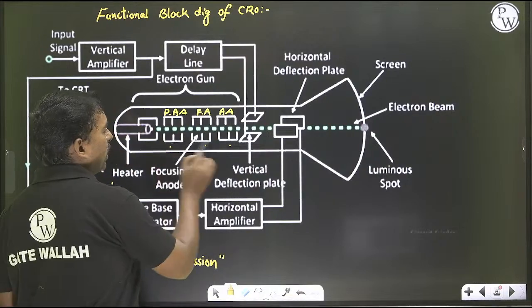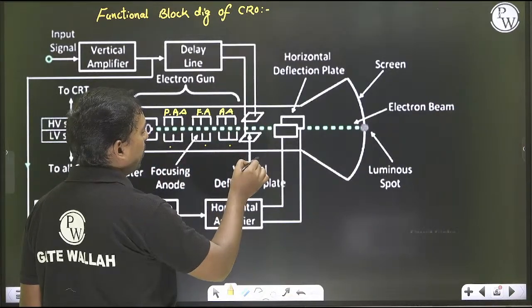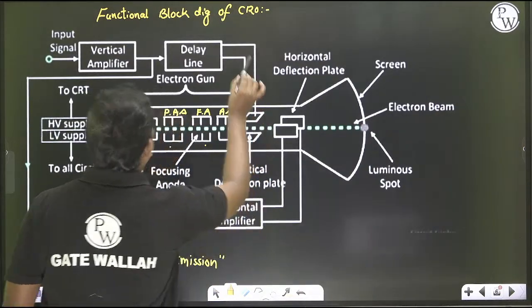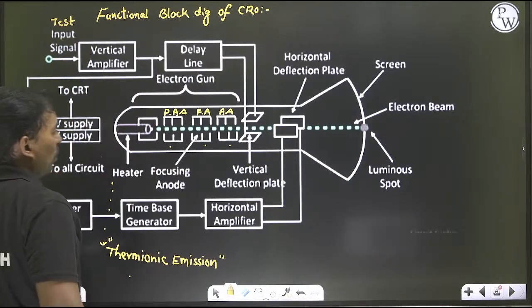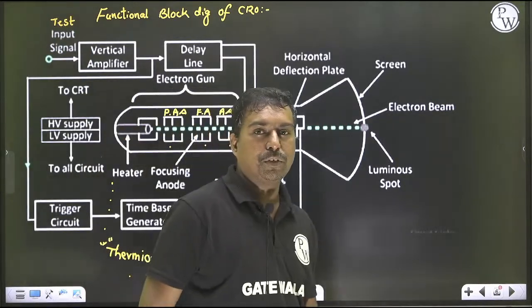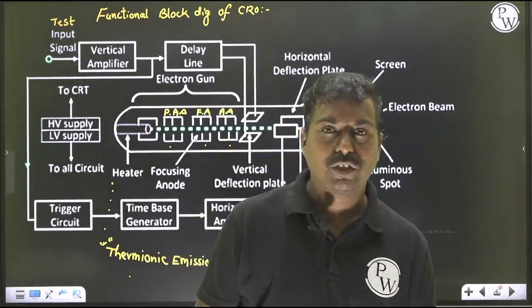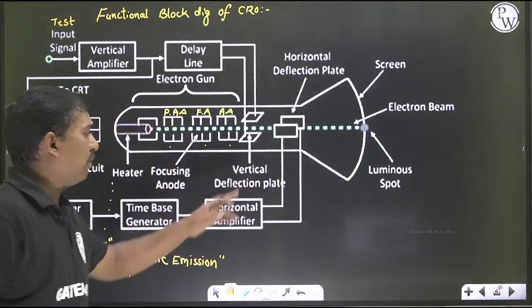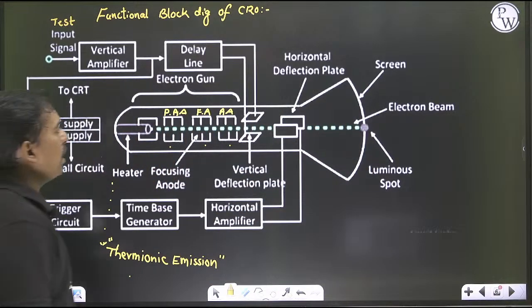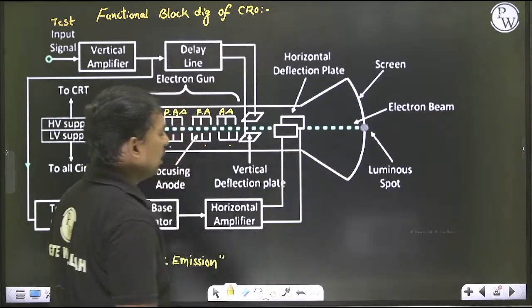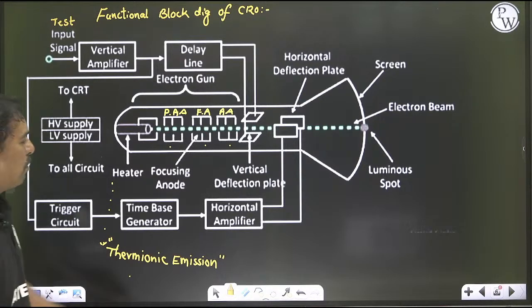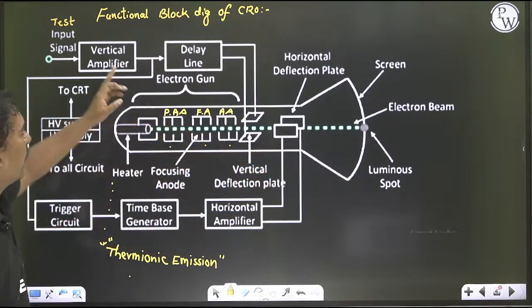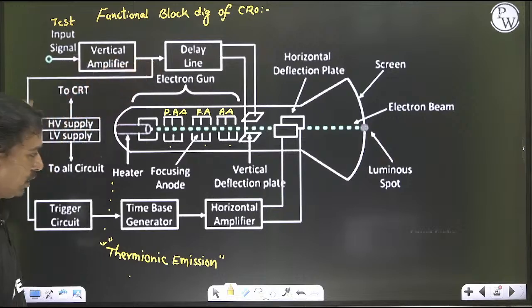And after this set it is moving to the vertical deflection plates. For the vertical deflection plates you are going to give our test signal. जो कुछ सिग्नल्स आप मेजरमेंट करना चाहते हो, जैसे सिग्नल का एम्पलीट्यूड, वोल्टेज, करंट, फ्रीक्वेंसी, तो वो सिग्नल आप वर्टिकल डिफ्लेक्शन प्लेट्स को दे रहे हैं। इसके बाद आ रहे हैं हॉरिजॉन्टल डिफ्लेक्शन प्लेट्स। हॉरिजॉन्टल डिफ्लेक्शन प्लेट्स के लिए आप हॉरिजॉन्टल सिग्नल, टाइम बेस्ड सिग्नल देते हैं। जनरली आप कभी-कभी वर्टिकल डिफ्लेक्शन प्लेट्स को जो सिग्नल दिया है वही सिग्नल भी दे सकते हैं।